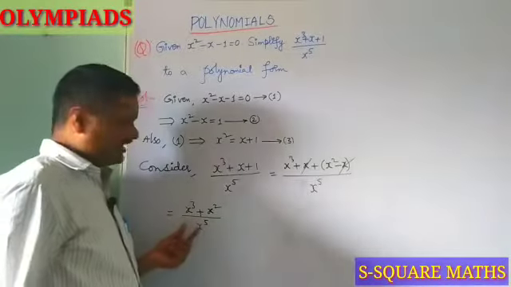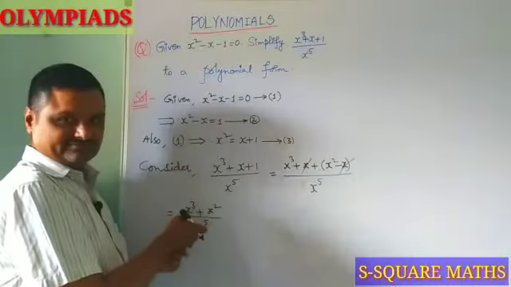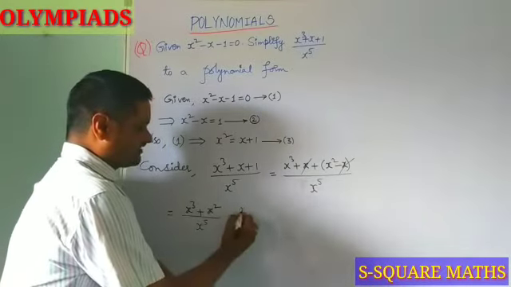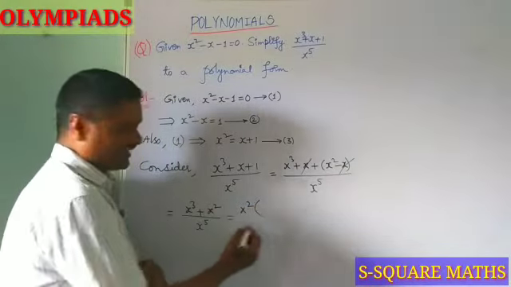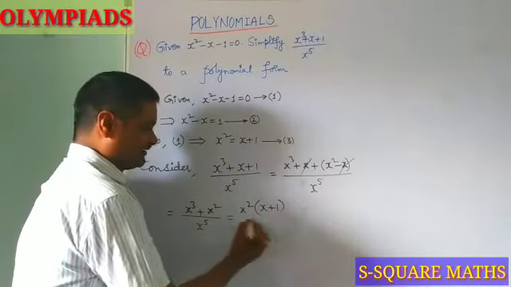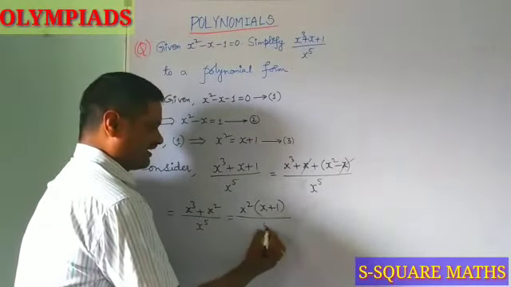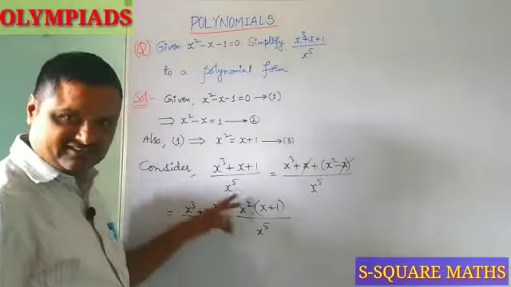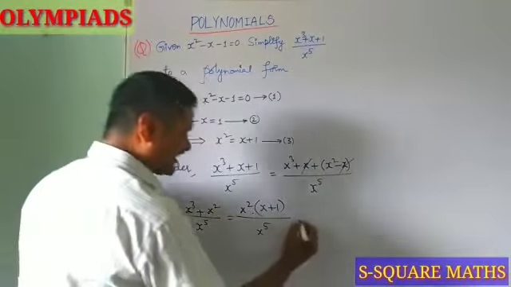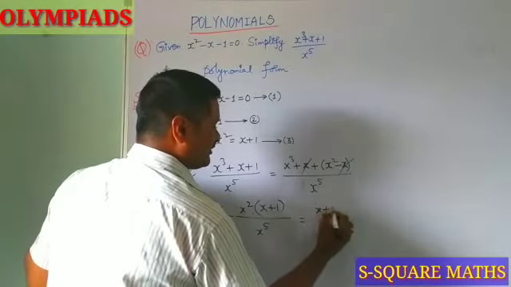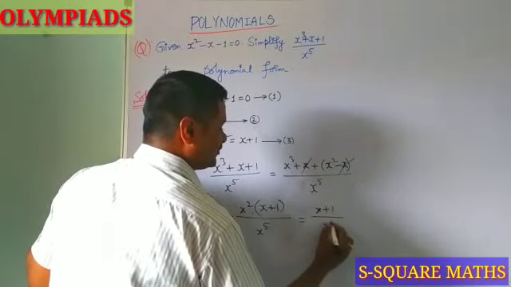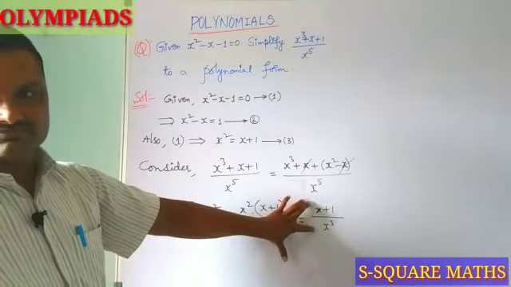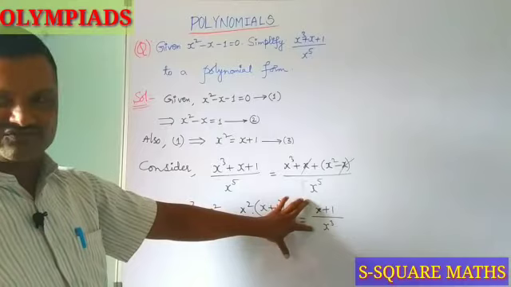So in the numerator you have two terms after cancellation. So x cube plus x square. So here we can take x square as common, so that I can write it as x plus 1 by x power 5. So here since the operation is multiplication, x square by x power 5 gives you x cube. So x plus 1 by x cube. Still it is not in our polynomial form. This is just an algebraic expression form.